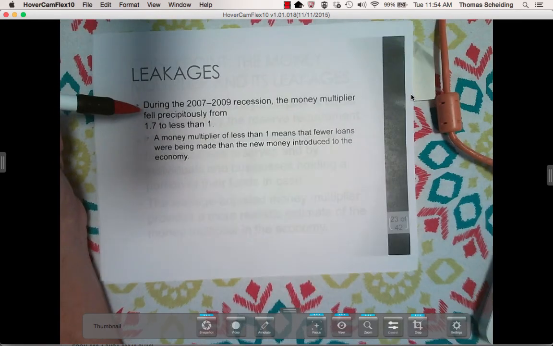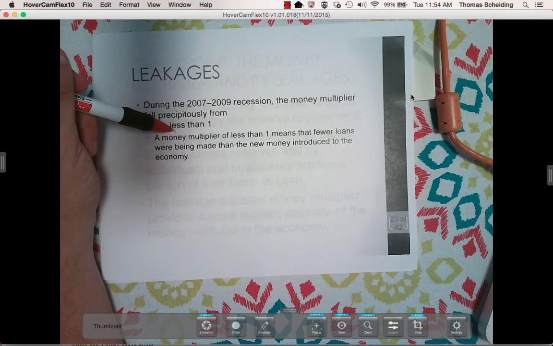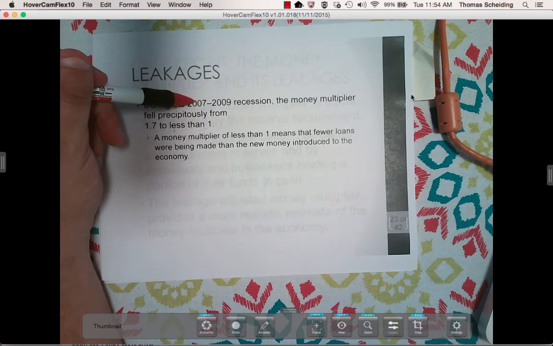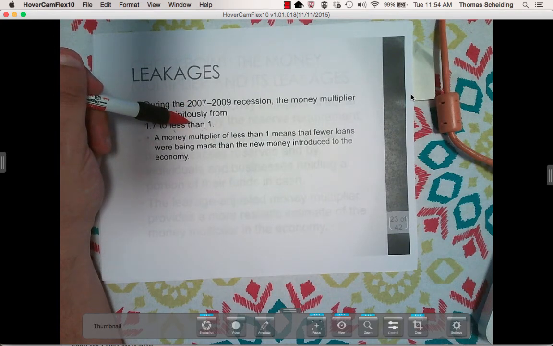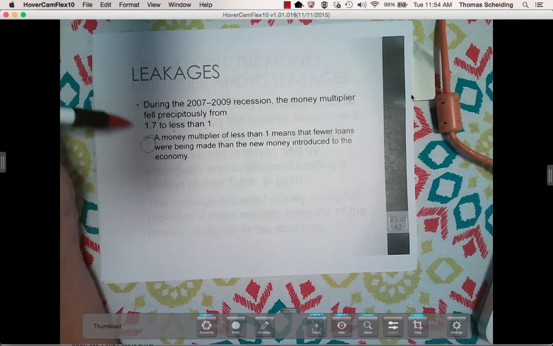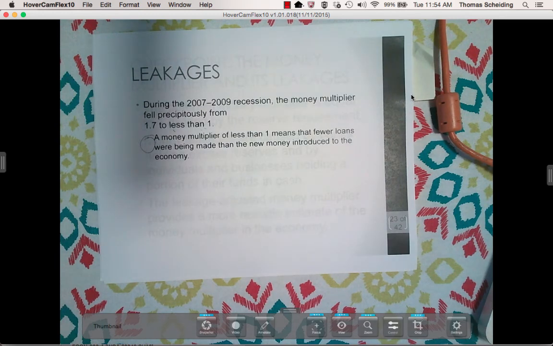How's it look in reality? Well, it actually went to less than 1, which is pretty significant and tells you how severe that recession was. Yeah, don't fall. Sit down, buddy. Was less than 1. That's significant because essentially what this means is the sub-bullet point identifies here is that for